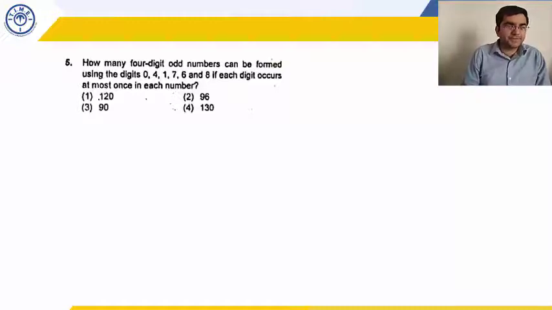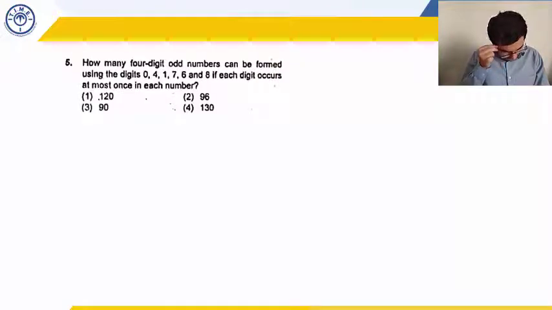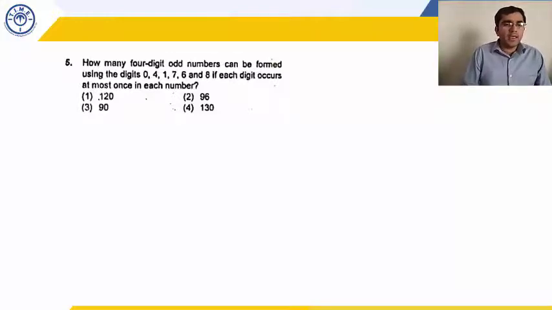Attack restriction first. Okay, you have two restrictions here. The first is that in the first place 0 cannot be used, and the second is that the last digit has to be odd, that is it has to be 1 or 7. So which is the more important restriction? Actually, the more important restriction is ensuring that the number is odd.